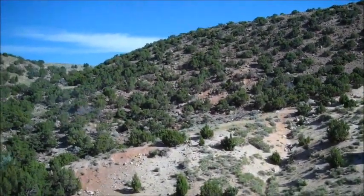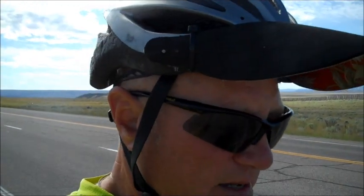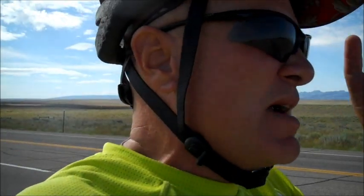So I'm headed down the road today, 66 miles to the town of Jeffrey City. Out of Alcova, which is at 5,300 feet, it's about 4 miles of continuous, about 5% grade, maybe 4%. My guess is that I'm at about 6,000 feet, maybe a little bit more. There's no marker here, and it looks like it's pretty flat to the south. So I guess I have about maybe 30,